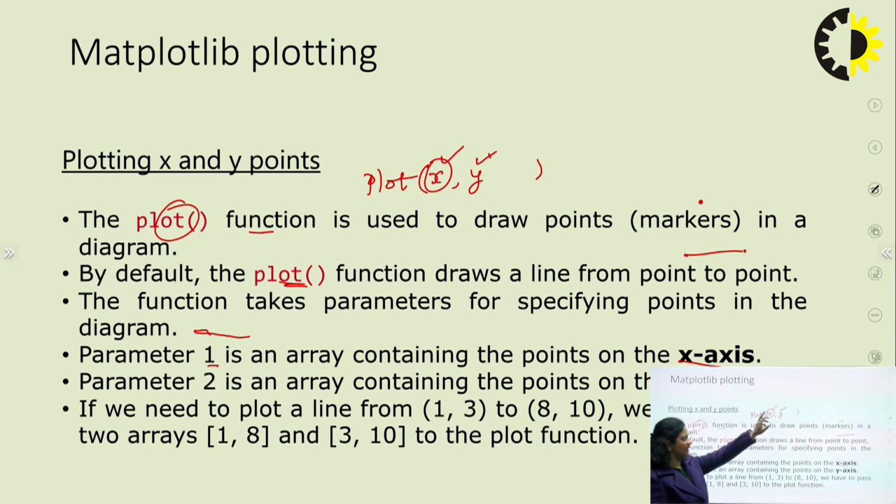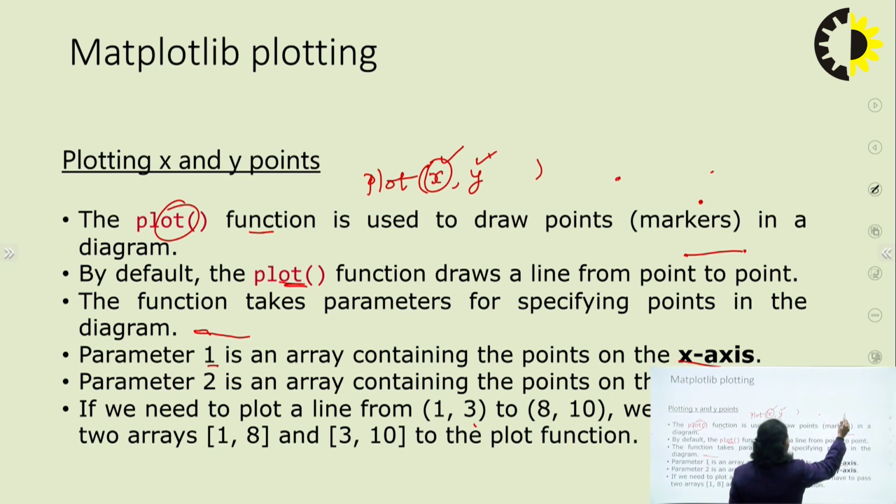So x is an array that contains the points on the x-axis, and y is an array that contains the points on the y-axis. Okay. If we need to plot a line from 1 to 3 to 8, 10, we have to pass two arrays. If we have to plot a line,